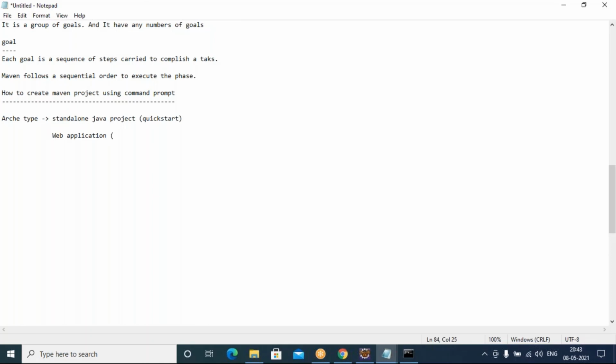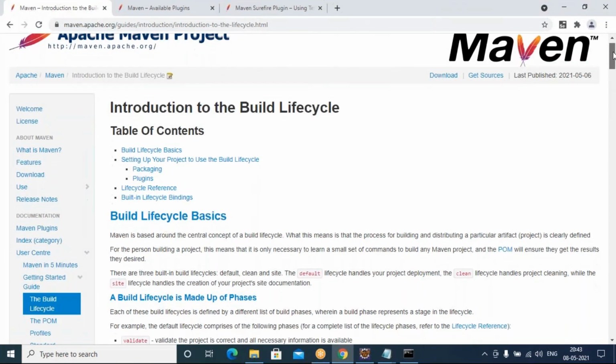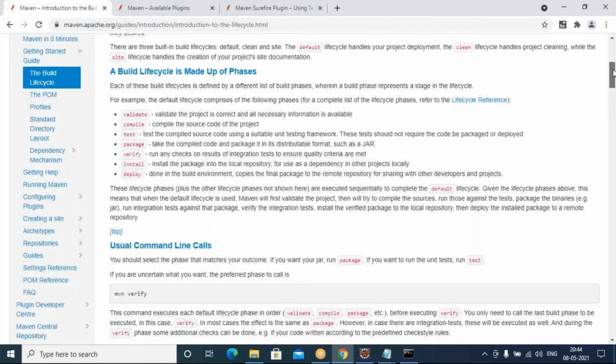Then the packaging type will be war, and the archetype will be web archive or something similar. You can check this on the official Maven website, which gives you the list of archetypes Maven has.